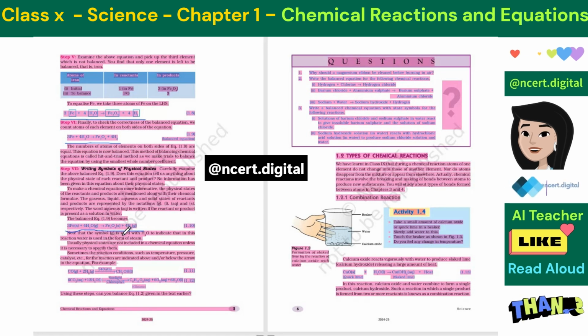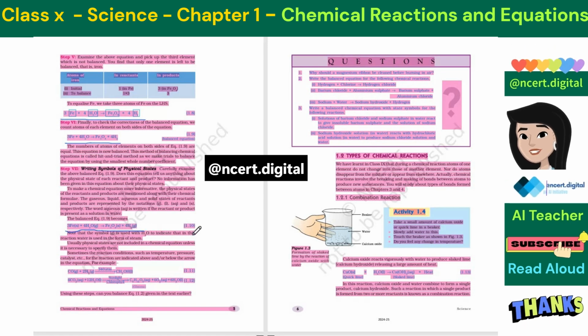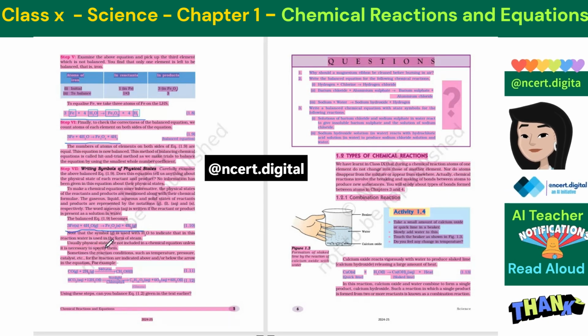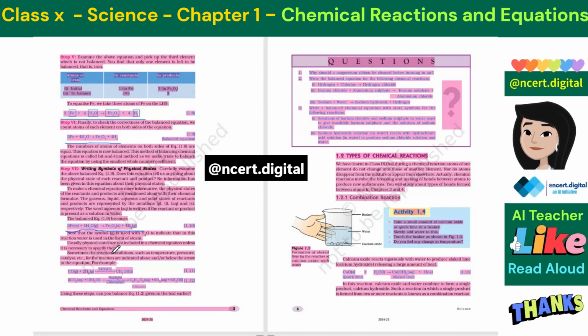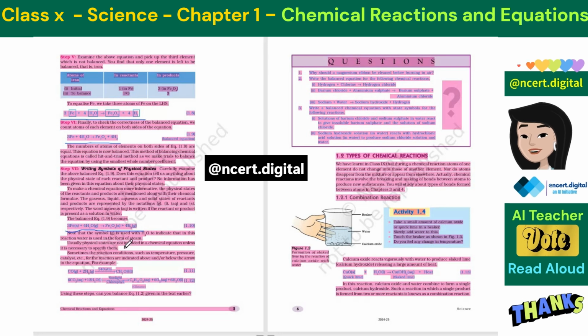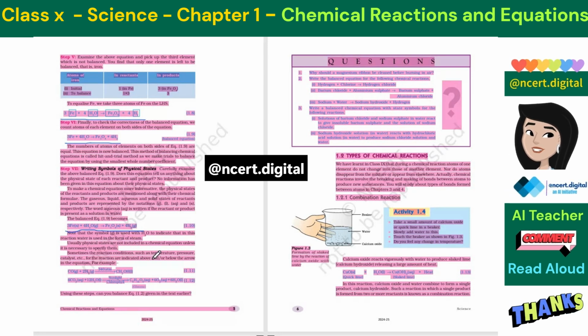Note that the symbol (g) is used with H2O to indicate that in this reaction water is used in the form of steam. Usually physical states are not included in a chemical equation unless it is necessary to specify them. Sometimes the reaction conditions, such as temperature, pressure, catalyst, etc., for the reaction are indicated above and/or below the